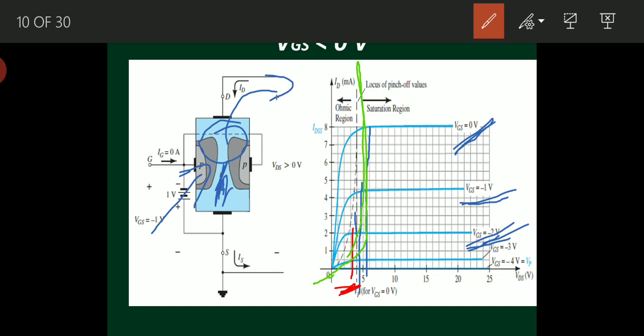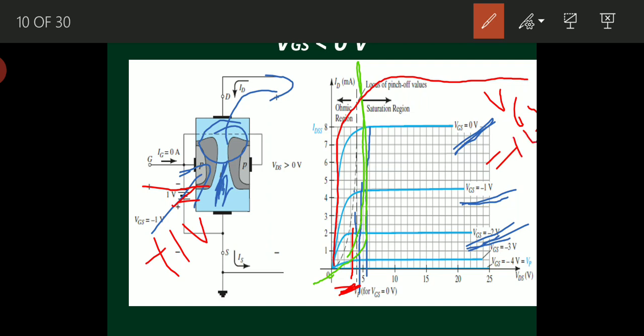Okay, if you increase VGS, for example, if I increase VGS to plus 1 volt, here I am giving a minus 1 volt since negative terminal is given to gate. If I apply positive voltage here, what will happen? This is VGS equal to plus 1 volt. And if I increase VGS to plus 2 volt, what will happen? This will happen, VGS equal to plus 2 volt. Graph shifts towards upside, means saturation level will get for larger voltages of VDS.